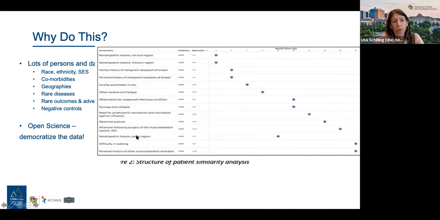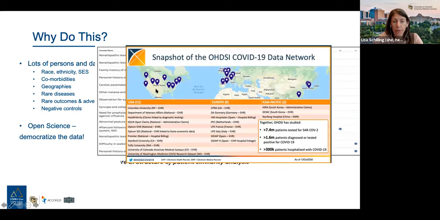Another value of this distributed research network is really to be able to capture comorbidities on so many of the patients that you might want to study, right? And this study used actually not so much comorbidities, but they were looking for symptoms and diagnoses before a patient had an ultimate diagnosis of cancer. So what are some of the things that we could do to maybe identify cancer diagnoses earlier?